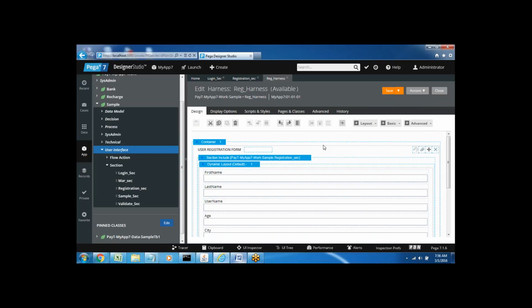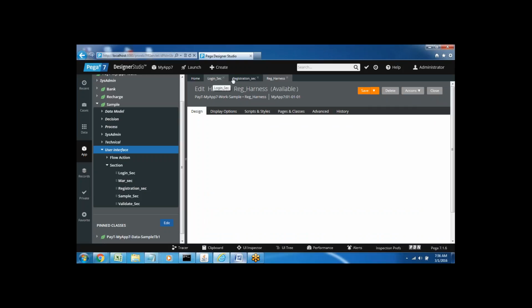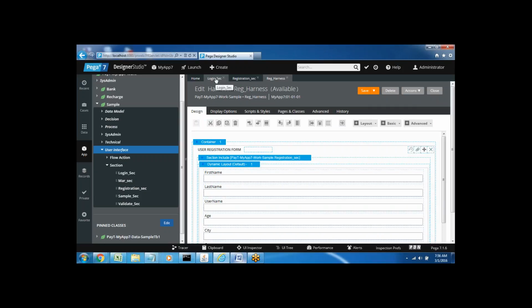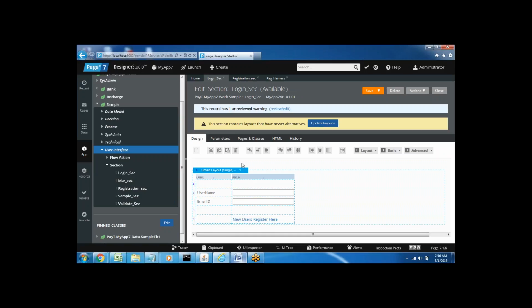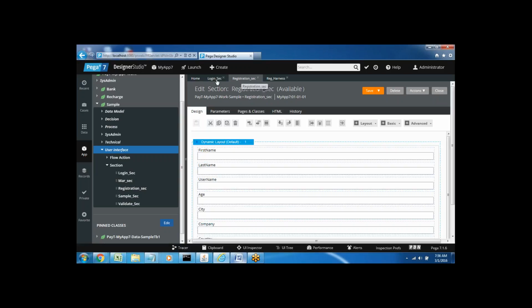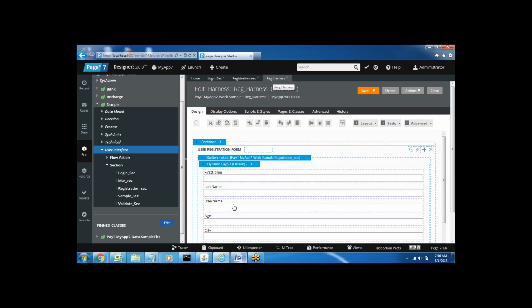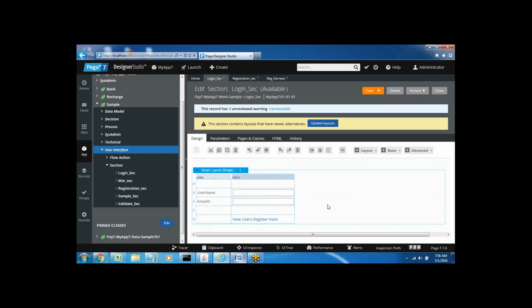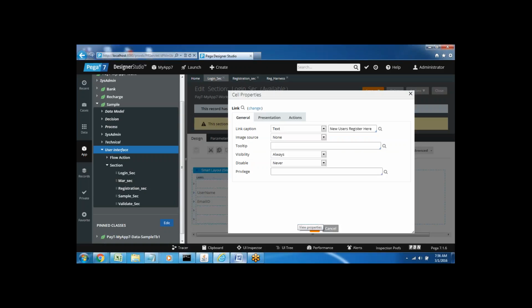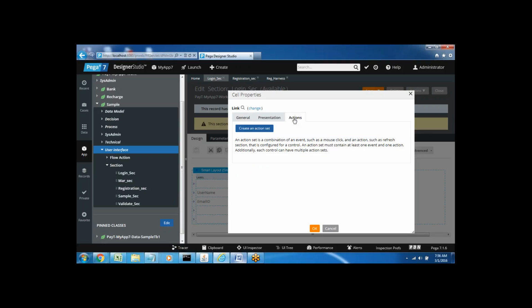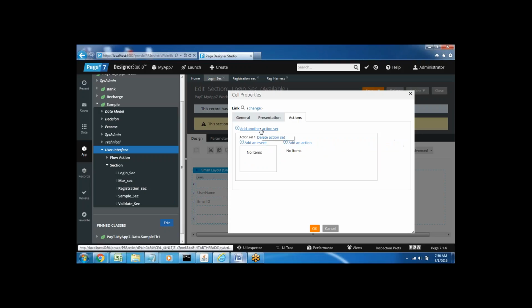So what is the control we are using here? In the other section, my requirement is that when I click on that link, it should open that form. This form it should display. Now this harness is there, right? This harness I am going to configure in the link control settings. In this form the link control is already given. Go to its settings. Now we need to set an action here. Go to actions, create an action set. For the link, the event will be click,